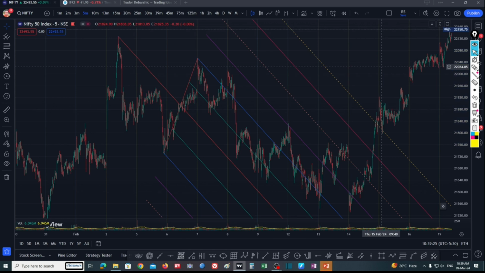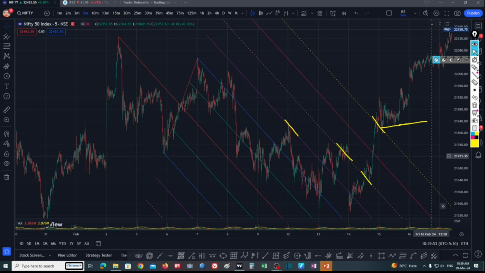Now look, these are the resistance areas, how it works. It's a resistance, then it becomes a support. It's a resistance, and when price crosses this level, it becomes a support. So when it breaks out from this area,